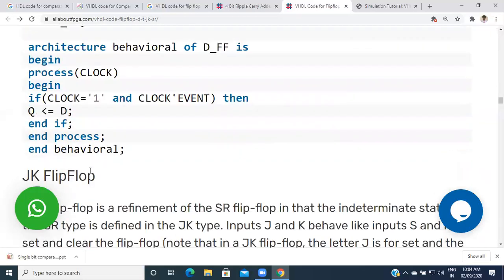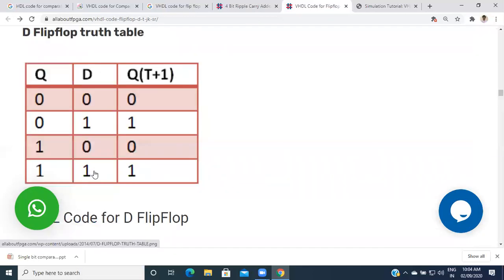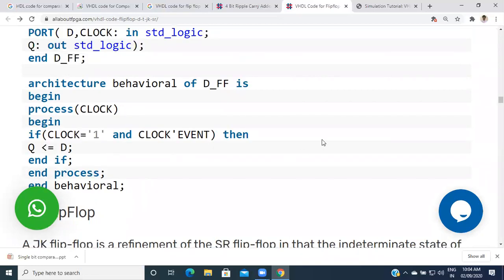But if the clock is on the opposite side, then the opposite value is assigned. And end process, end behavioral. So in a simple manner, we are able to define a D flip-flop using VHDL by its output table or truth table.